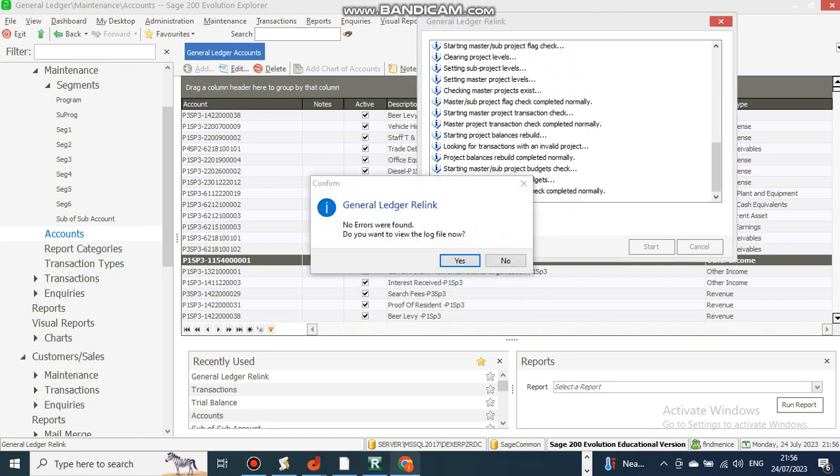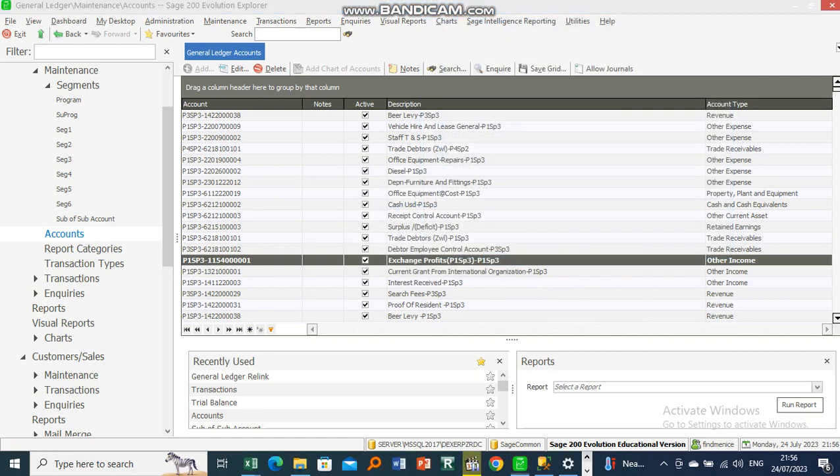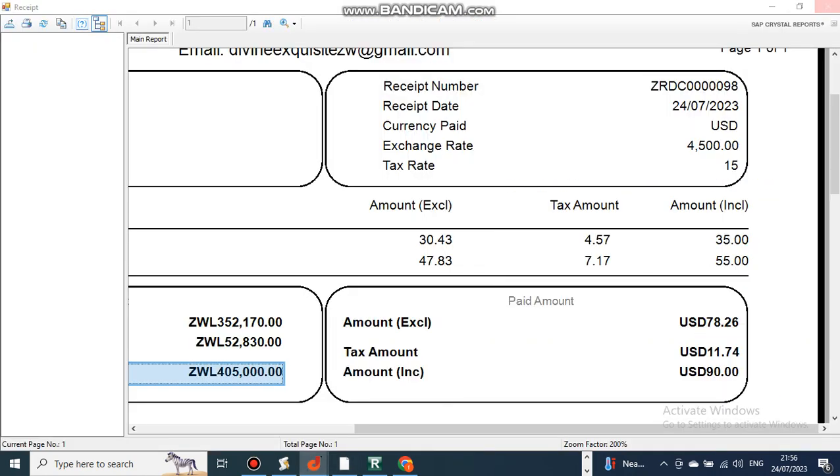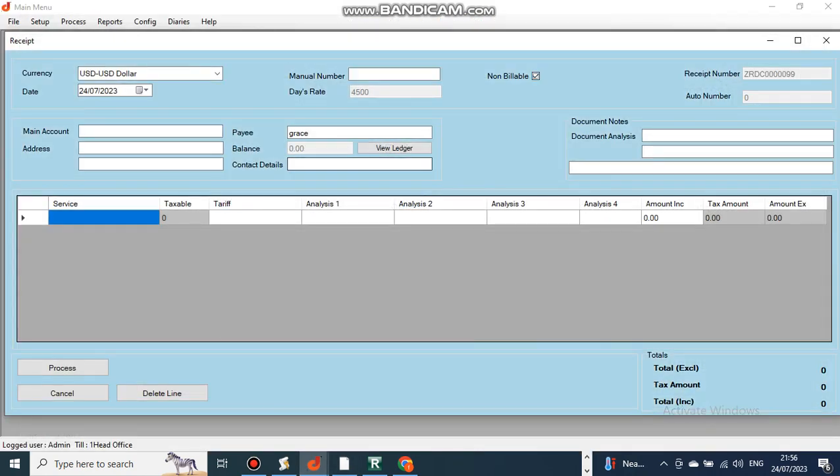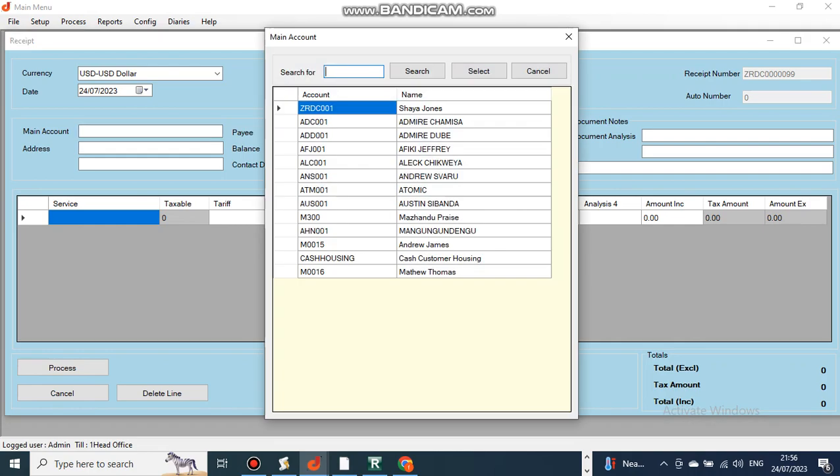Right. Now I want to do a non-billable thing. You click on non-billable. All the non-billables are supposed to go to a cash